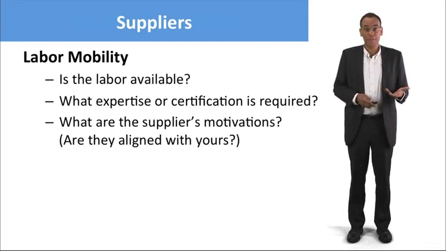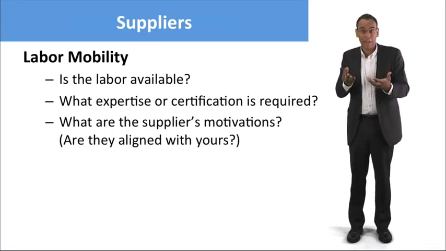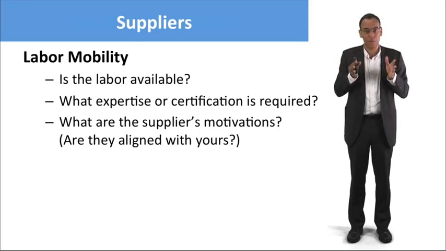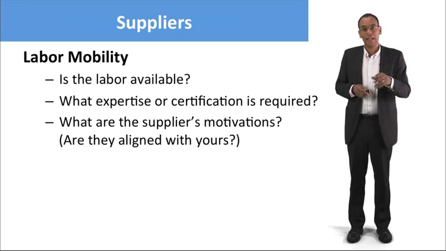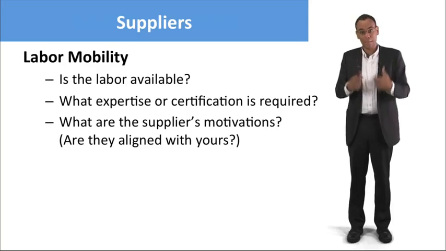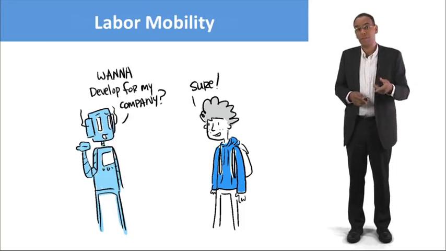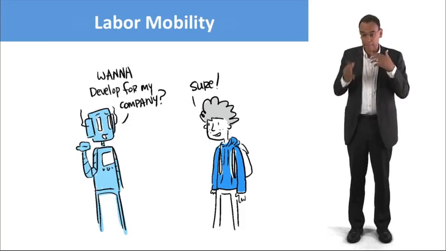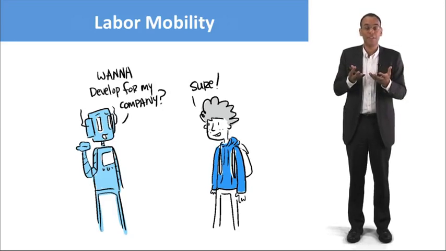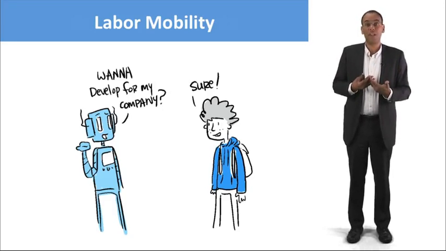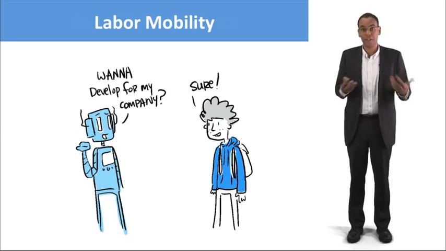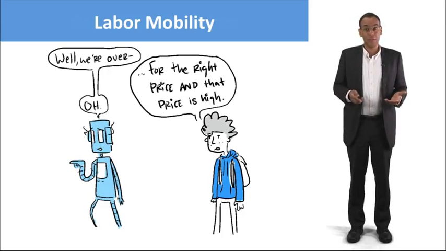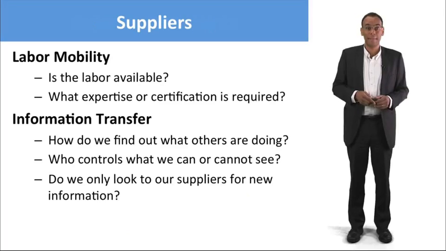Also, what are the motivations of people? Are the people who would supply you with their knowledge, with their motive power, are their interests aligned with yours? Usually not. What they're interested in is a long-term contract. They would like to be stable, whereas what you're maybe interested in more is having a short-term contract and being able to swap people in and out and play people against each other. And the suppliers don't want you to be able to do that, to make suppliers compete with each other. Sometimes people are available, they just aren't willing to do it at the price that you're willing to pay.